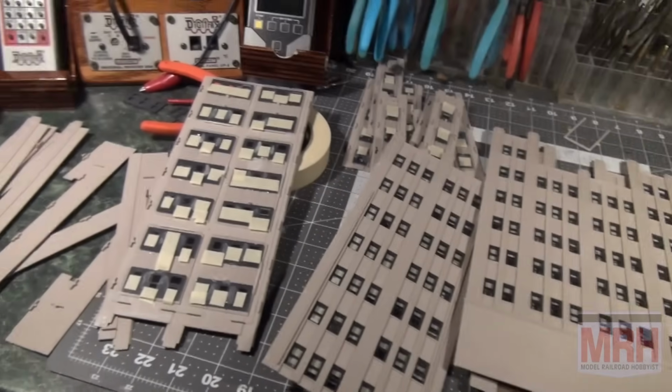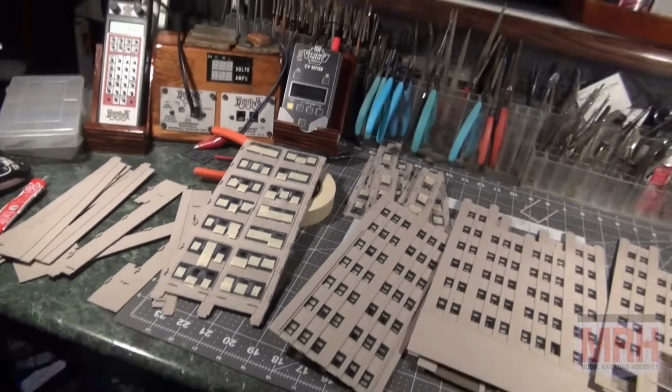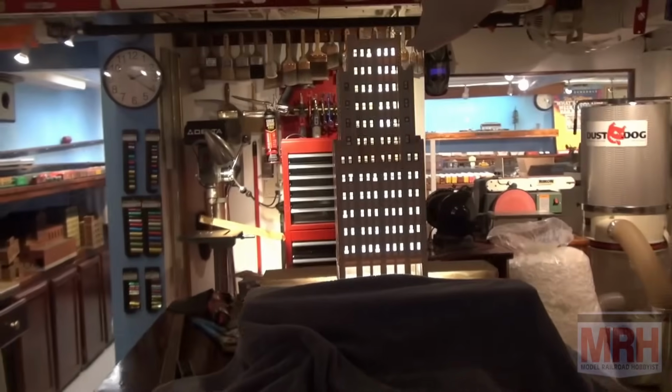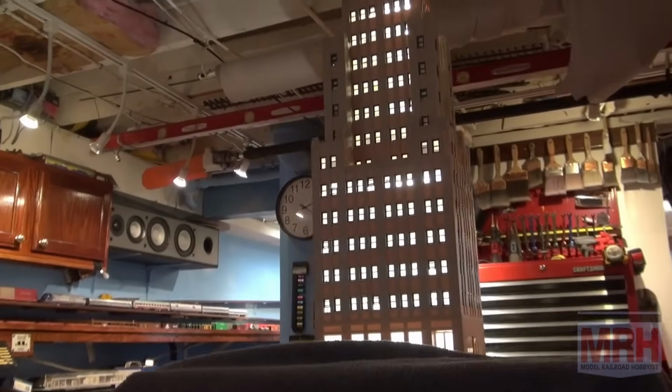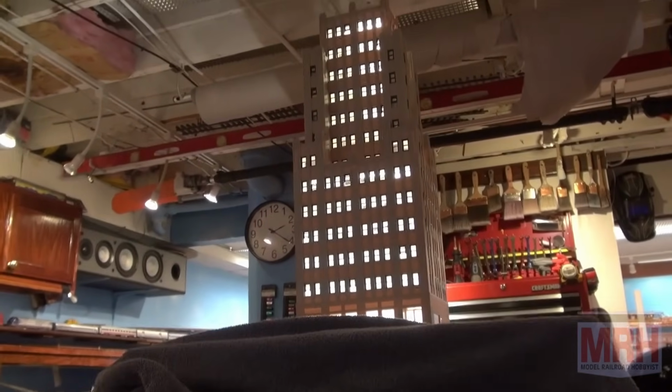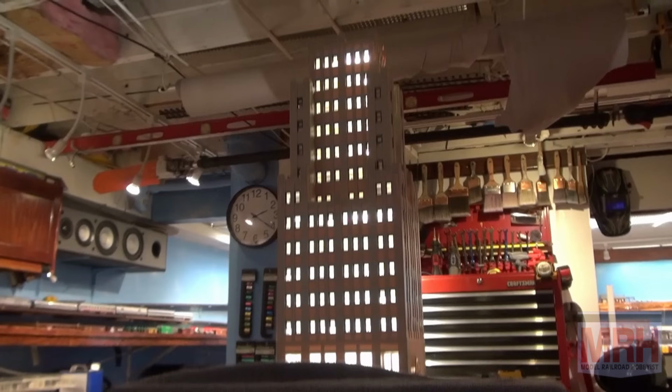And then this thing came out really neat because I lit it up. I put some lights underneath it just to see what it would look like lit up. I thought it would look neat in the shop, and it made for a really neat video clip. But with that building built now, it's time to get busy and start doing the track work and the scenery